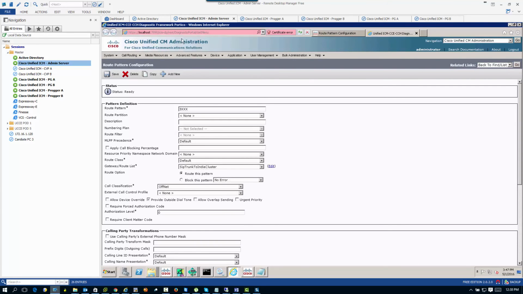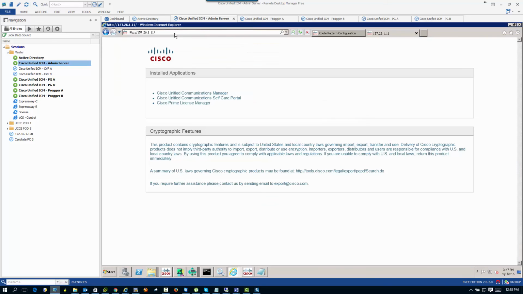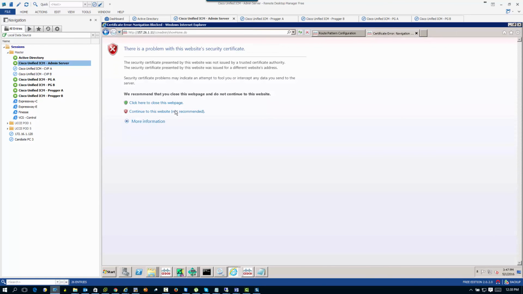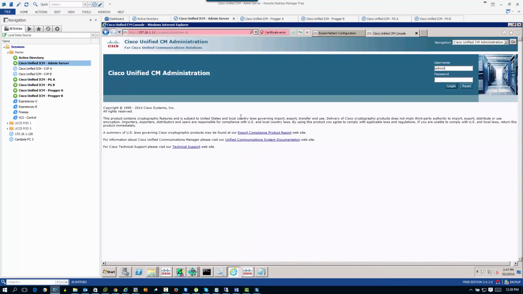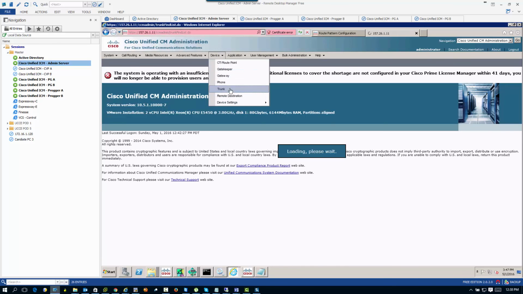Now logging into the India cluster, I'll have something similar, but I don't need a route pattern from that perspective because the India cluster is not calling the US cluster, guys. So here I just have a SIP trunk to make sure that the call is allowed,